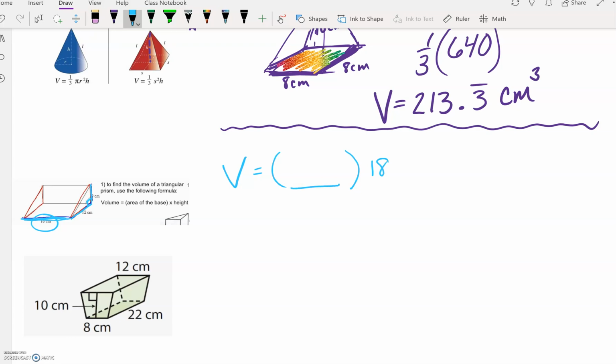And the area of the base is going to be the area of this triangle. So we know a triangle has an area of 1/2 base times height. So 12 times 9, and then we're just going to multiply all of these together. So I am going to do that on my calculator real quick. So 12 times 9 times 18, and then divided by 2 should be a volume that is equal to, and these are centimeters as well right here, so